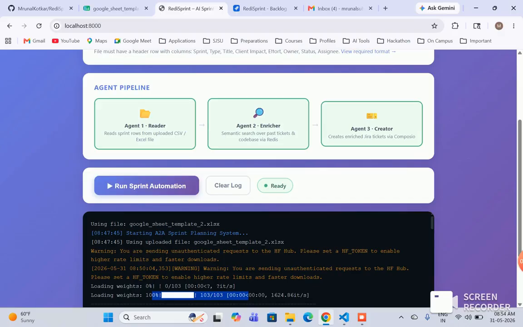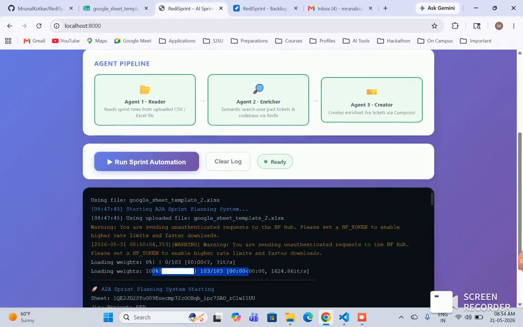And lastly, Agent 3 takes that enriched ticket and creates the Jira issue. And afterwards, we have all these things set like assignee, story points, sprint, everything. The whole thing typically takes about 2 to 3 minutes for 8 tickets, and most of that time is taken by Agent 2 because each ticket makes a round trip to Groq to generate the description.